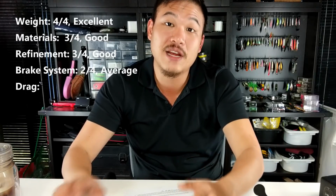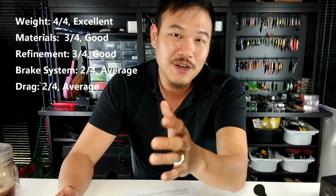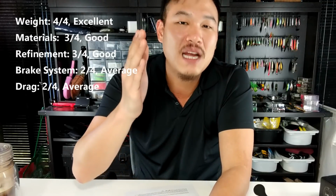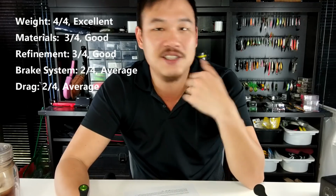For that reason, the drag gets a 2 out of 4. I would have given it a 1, but I'm going to give them the benefit of the doubt because I screwed it up and put grease before I actually tested it. I'm going to add 1 more point for that, and that's on me. I completely screwed that part up. So the drag gets a 2 out of 4. Next category we have